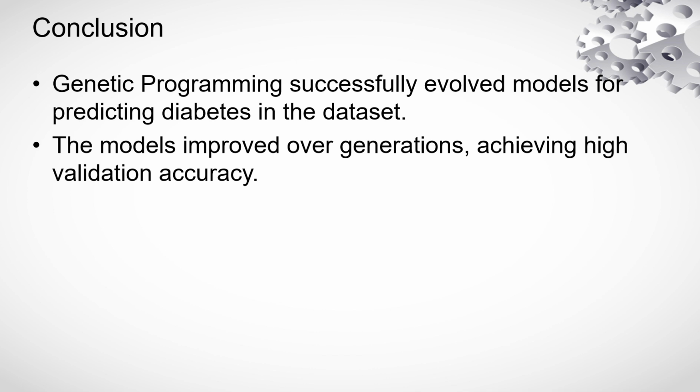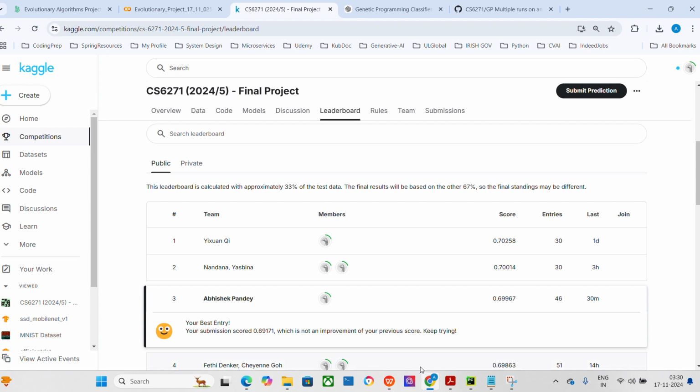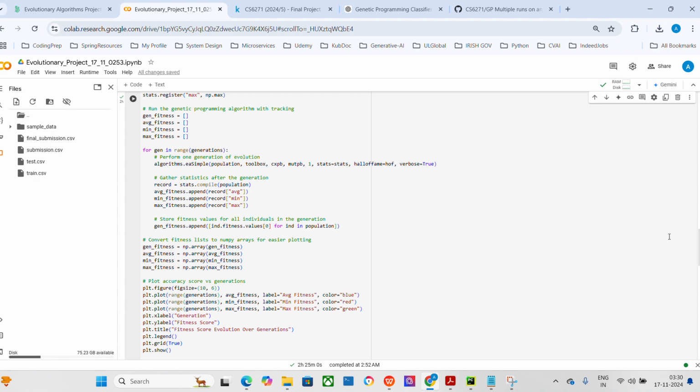And so using GP, I have successfully evolved models for predicting diabetes in the dataset, and the model improved over generations and achieved high validation accuracy. I'll be showing my code, how my model improved over generations, and how it achieved validation accuracy. So I'll be just going back to my code, and if you see here,